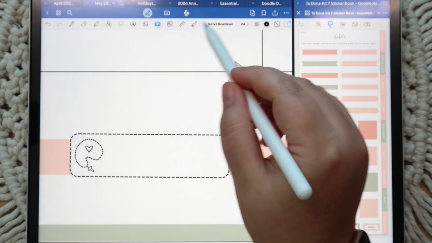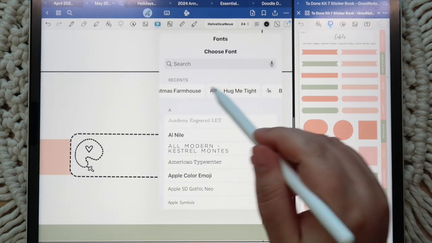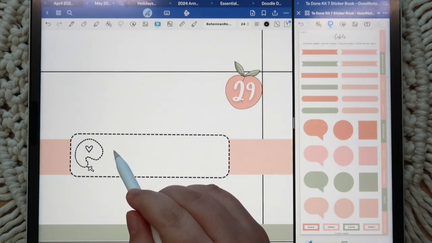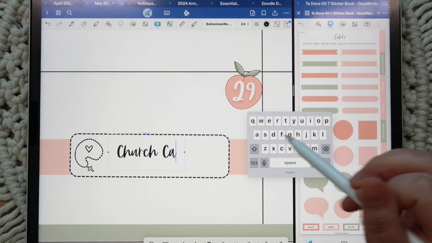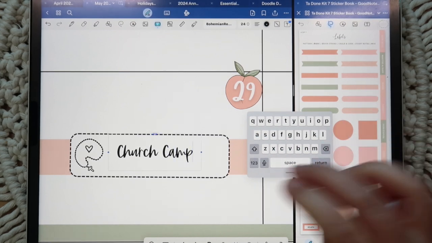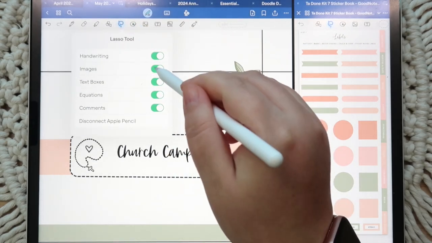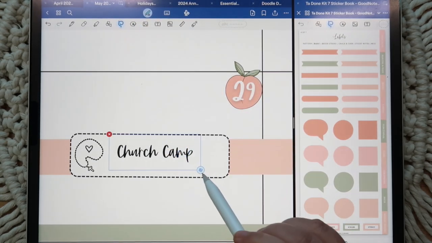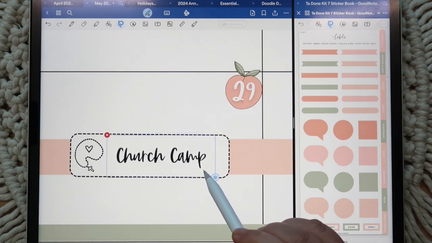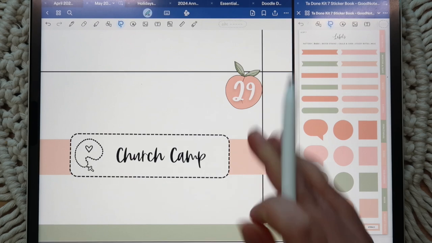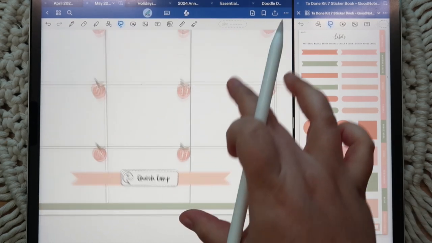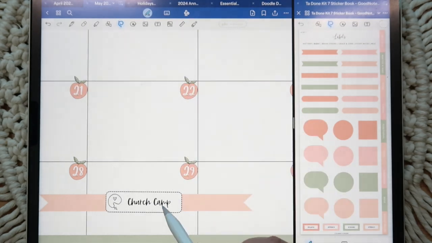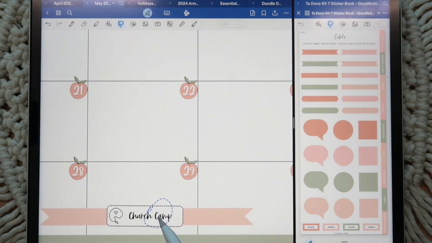And then I can just type in here, Bohemian, and do church camp. And resize. And do it like that. Does that work? I think that's cute. I like that. Okay. So I might need to move this down just a smidgen though, because